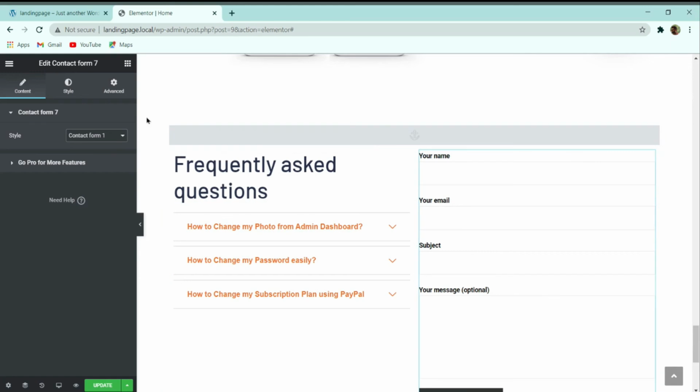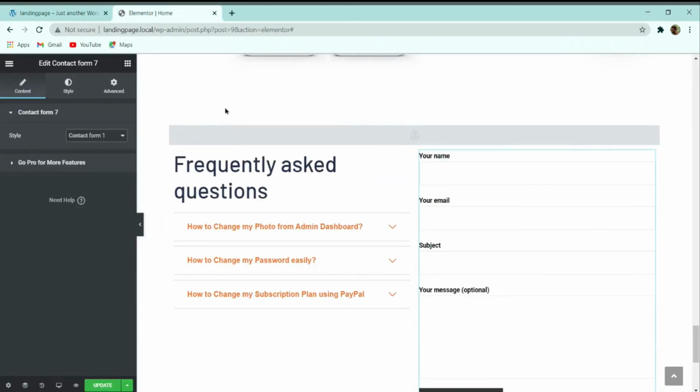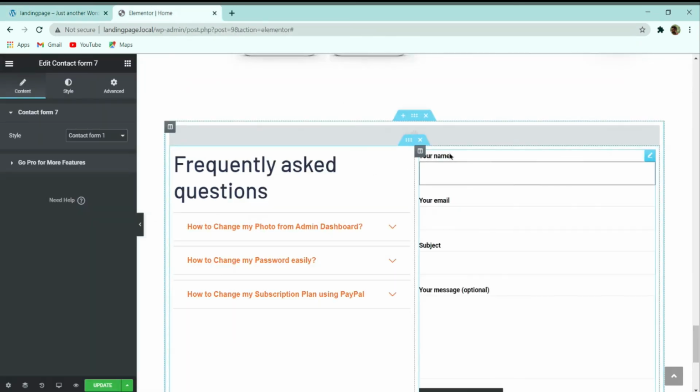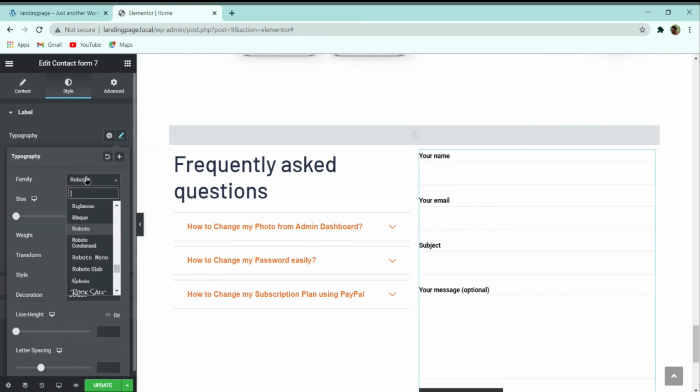So let me show you how you can customize this. These are basically the labels: name, email, subject, message, optional. Similarly here in this demo part also, your name, your email, these are the labels. So go to the style, and here you can simply change this label typography.